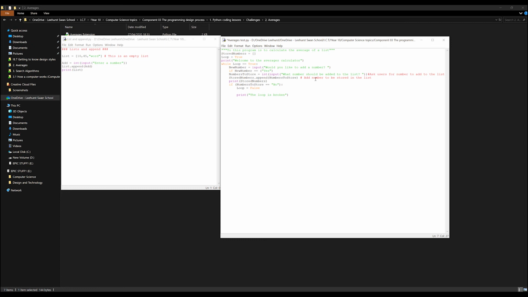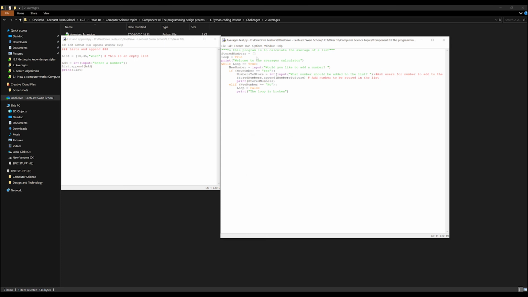So if it's equal to yes, it means that it's going to take that response. So let's add our bracket there. So if this is yes, then we want it to run this part of our program. And then we add an elif, because if it's not equal to that, so if the number is actually equal to no, then it will break the loop, and it should give us a response that says the loop is broken. So let's change this numbers to store here to new number,